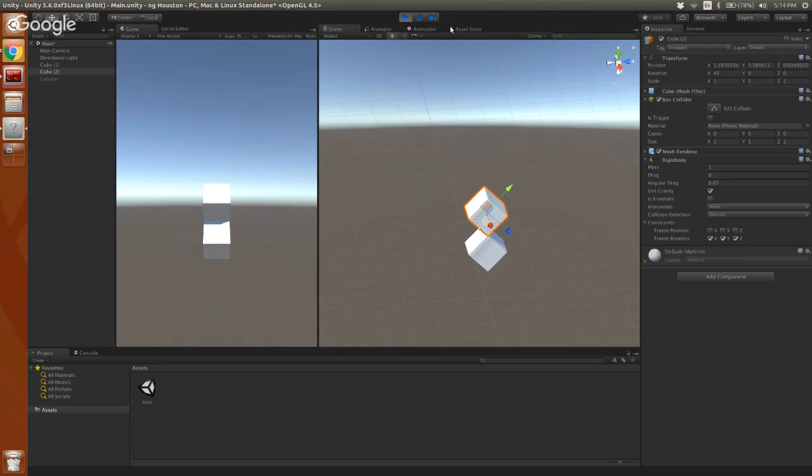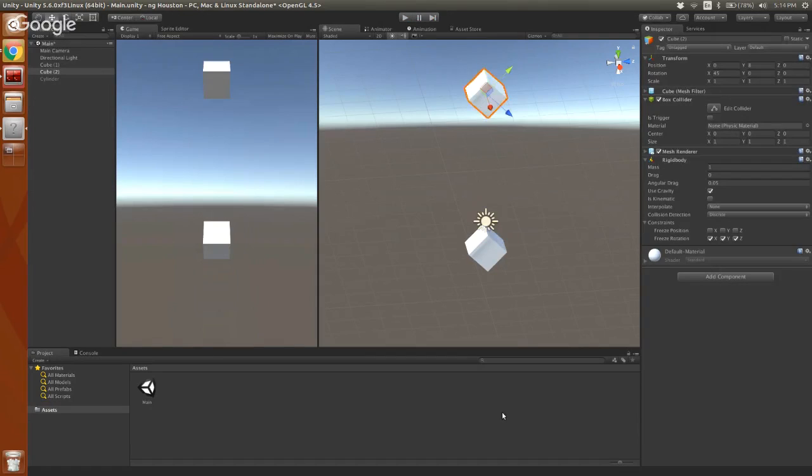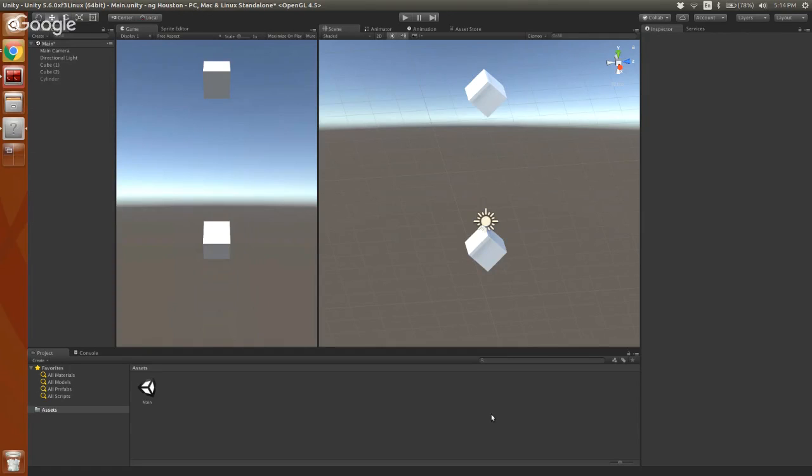This is like a material that's like stone or wood or something that doesn't really bounce. But what if we wanted this cube to be made of something else? What if it is a rubber cube? Or like Alex was talking about, what if it's a shell casing from a bullet from a gun? That's going to bounce in a unique way. It's not going to just plop down to the ground. Those things bounce. How do we handle that? And the answer is we can create what's called a physics material in Unity.